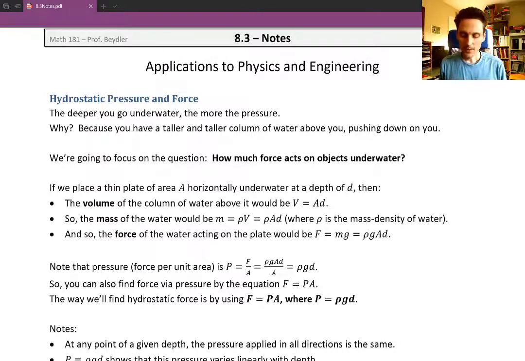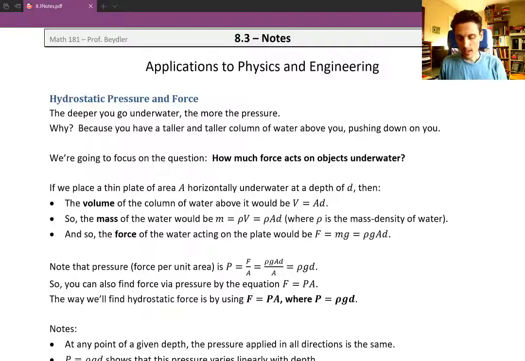So with hydrostatic pressure and force, if you've ever gone swimming and you've swum down to the bottom of the pool, you'll notice that the deeper you go underwater, the more pressure you feel. You mostly feel it in your ears. And the reason for that is because you have a taller and taller column of water that's pushing down on you. So what we're going to focus on here is the question, how much force acts on objects that are